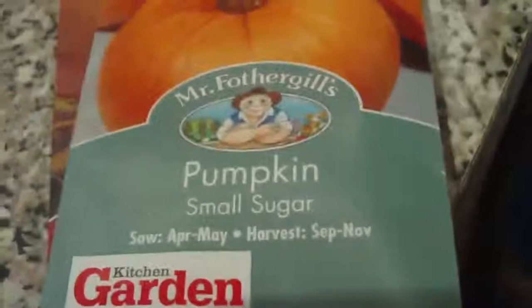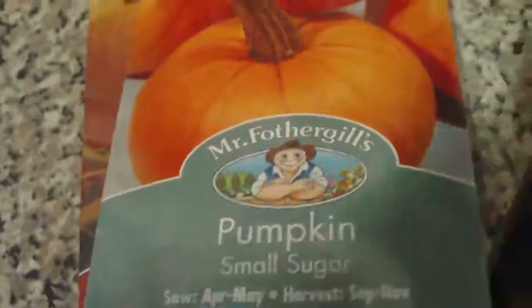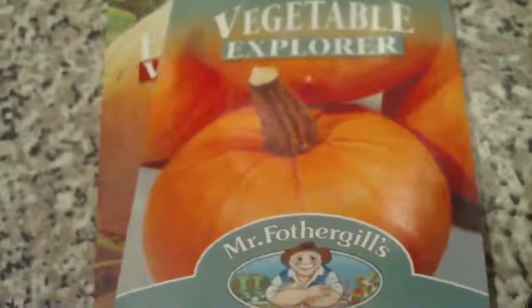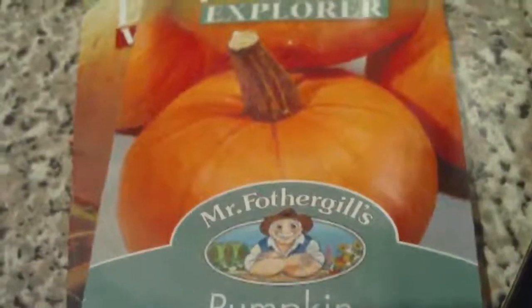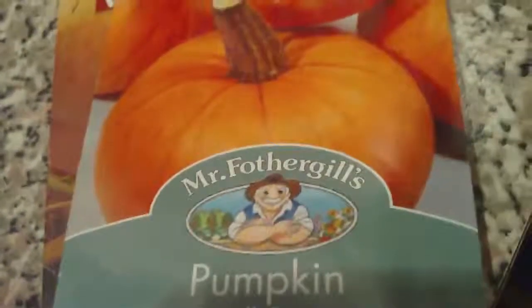And finally, I'm going to do some pumpkins next year. Now, I've got these from another magazine. These are called Small Sugar, and you get about 6, I think, on a plant of these. They're very small, but they're very sweet, hence the name. So they are for eating, and my other one,